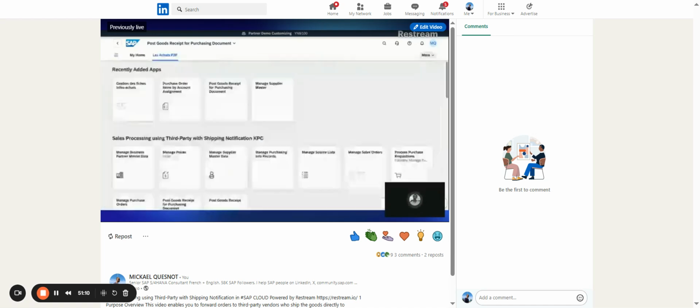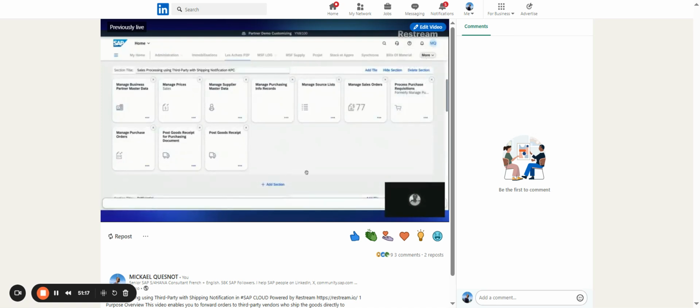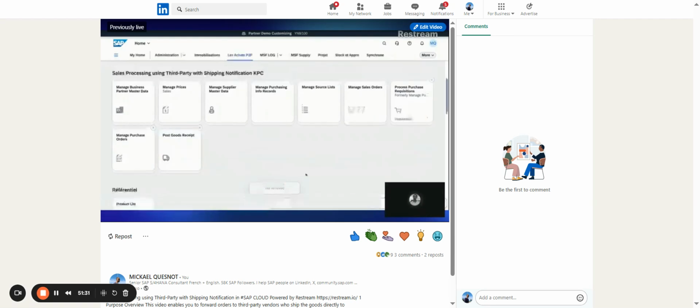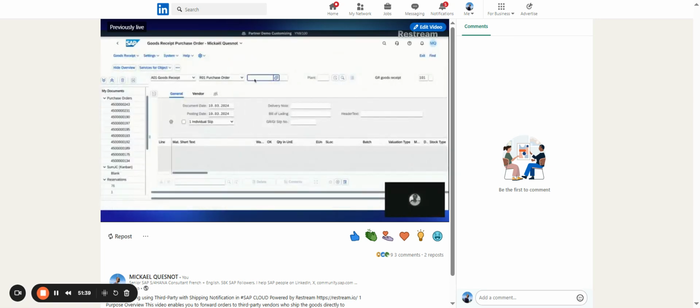Okay, I cannot use this application. So for this, I click on edit current page. I remove it, because I cannot use the post goods receipt for purchasing document tile in a third-party flow. So I want to remove this application from my section tile like this. Click on close and I click post goods receipt. So I put the purchase order number. I click on